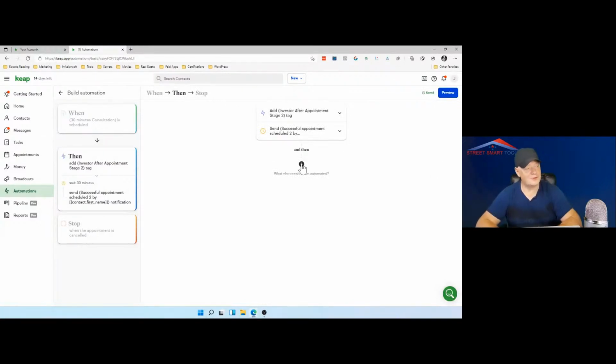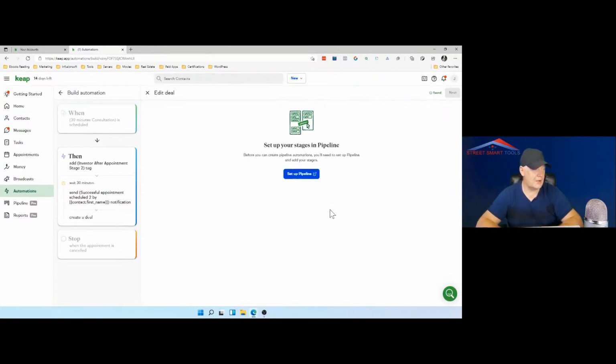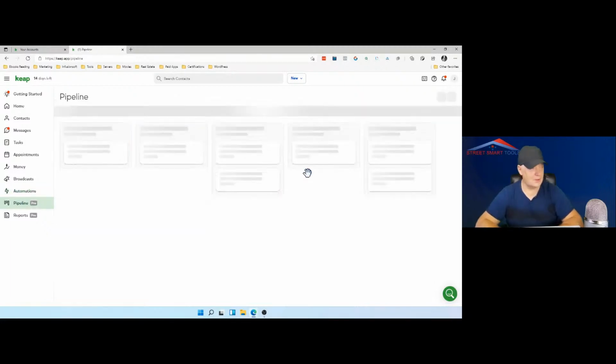And what I'm going to do is I will offer opportunity for, and that will be in the future. I would love to create the deal. So there's no set up pipelines. What I'm going to do is I'm going to jump in, and I will create the pipeline for the stage 2, investor stage 2.